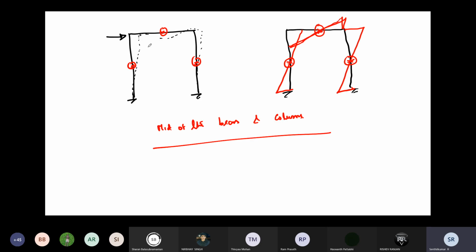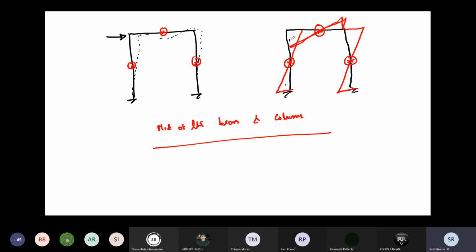Now, when you are drawing the bending moment diagram for this lateral load alone, this will be the bending moment diagram, and you can see here sagging, here hogging. Because sagging here, this hogging will be developed here. Again here your hogging will develop. Okay. So the curvature is changing, hogging and sagging.